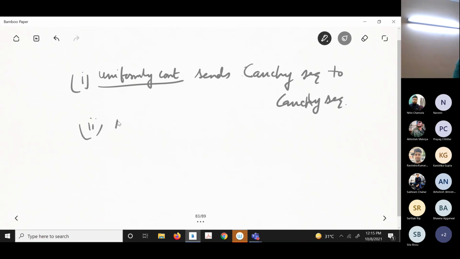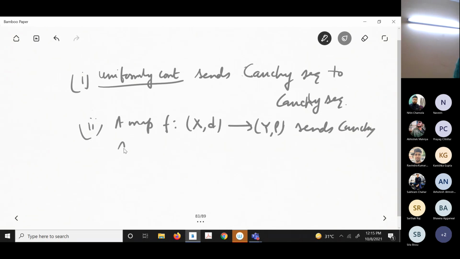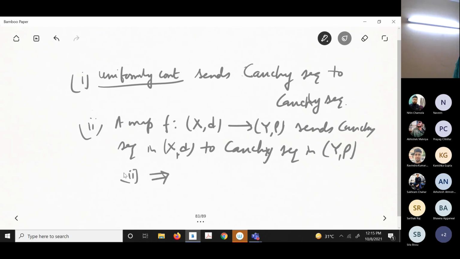Suppose a map F sends a Cauchy sequence in X to a Cauchy sequence in Y. This need not be uniformly continuous. You should find a counterexample. But you can prove that if you have this, then F has to be continuous. Well, you can try to prove it yourself, or you can look at it in the book I mentioned,